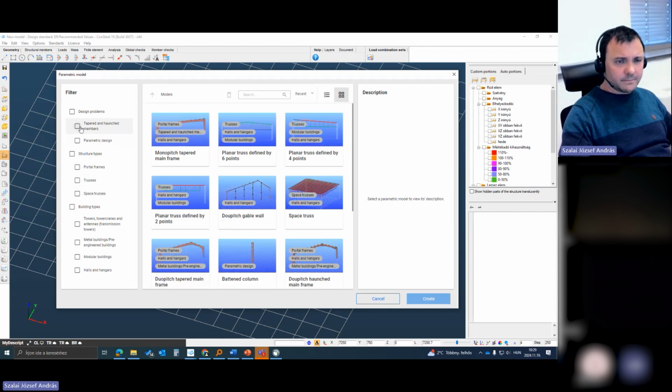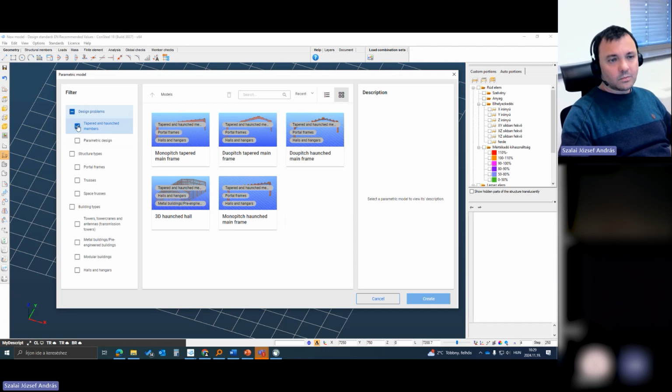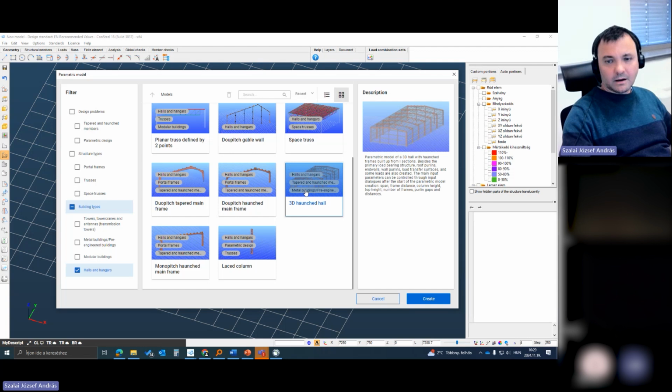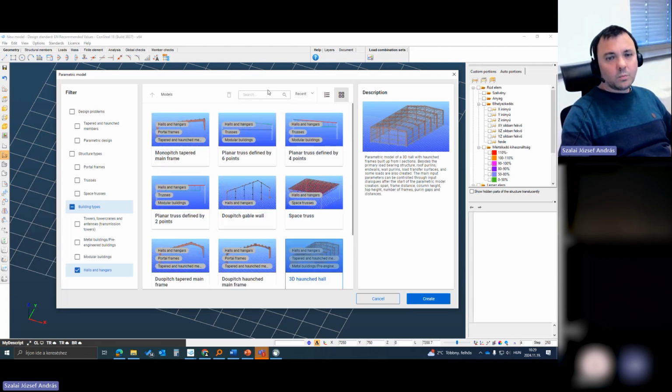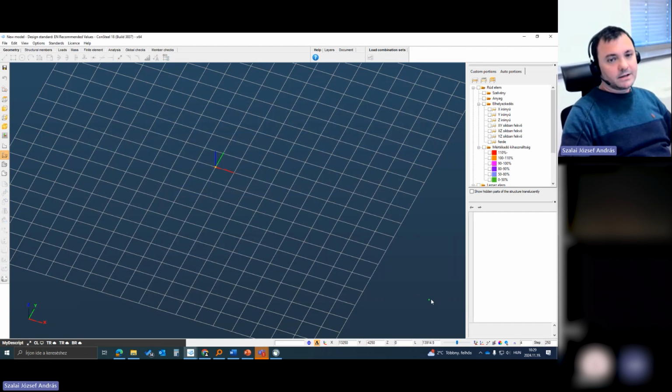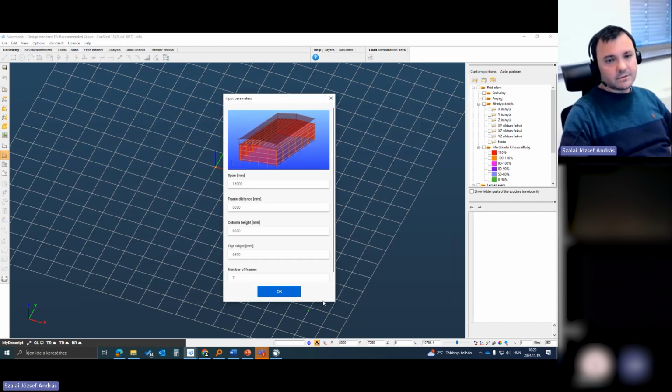We can even filter these libraries, what we would like to select, frames or trusses, what types of building, halls or hangars, and there is a little description about the model. We would like to increase the number of different types of parametric model to start with in Consteel. Now I choose this one and start to create,